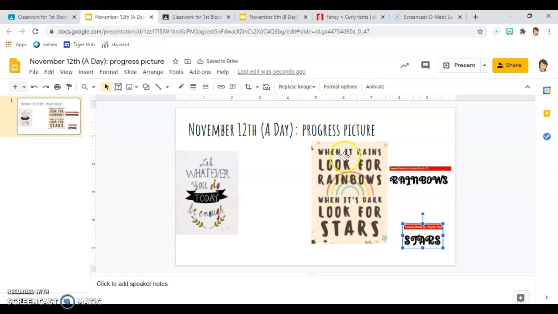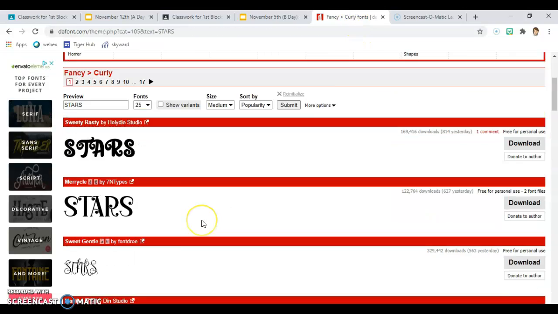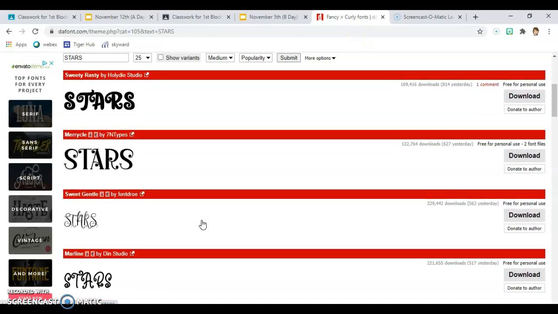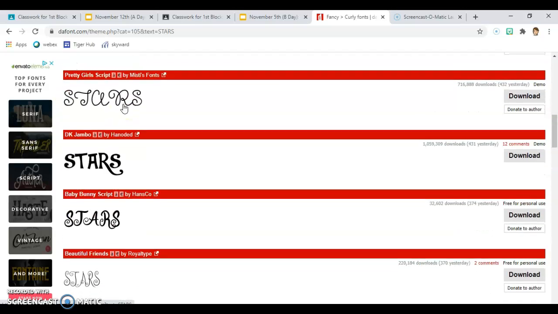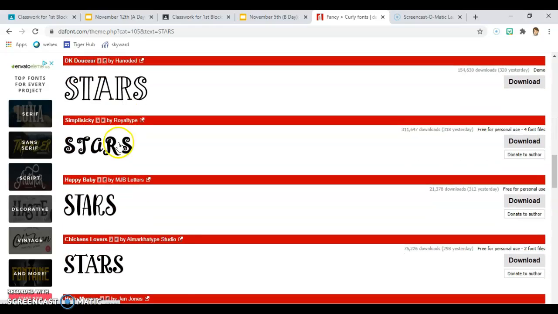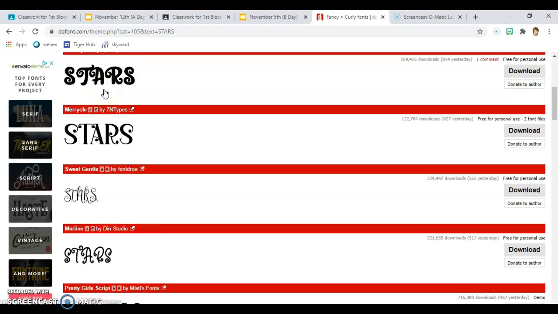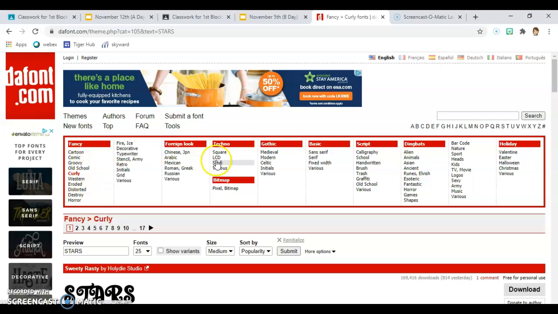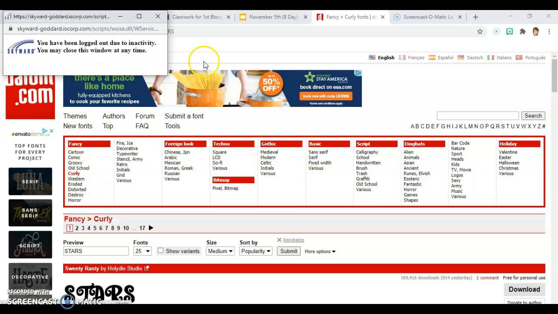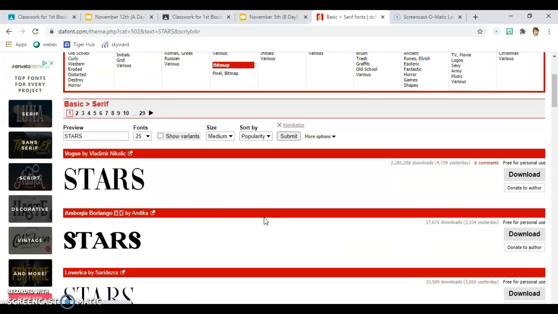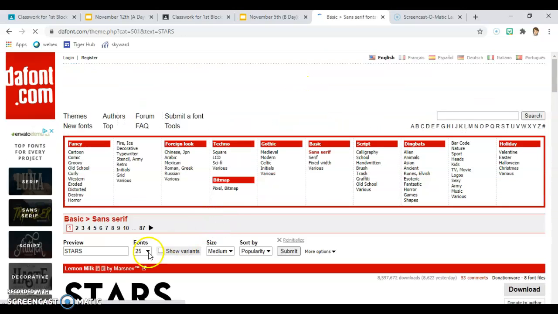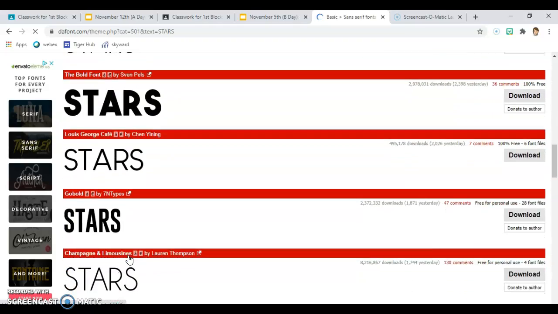I'm going to look for a different font as well. So I need to find something else that I want to do. I think it's good to have contrasting things. If this one's real curly and very script, then maybe you find something that is a little different. You can even just pick in the section that says basic, like serif and sans serif, because the